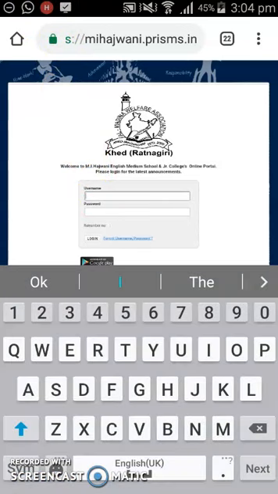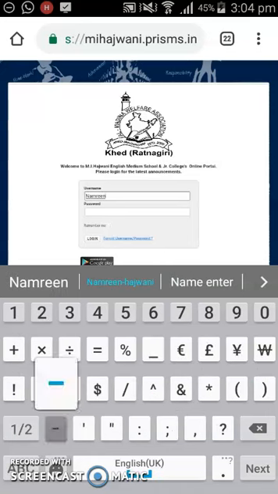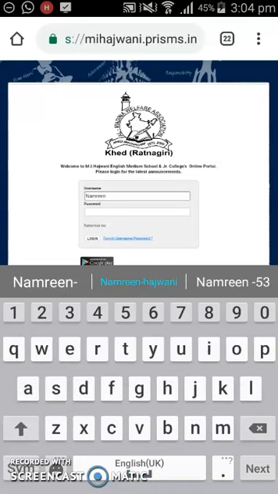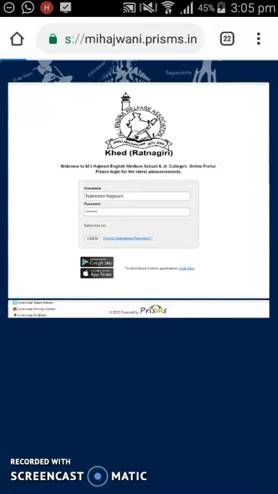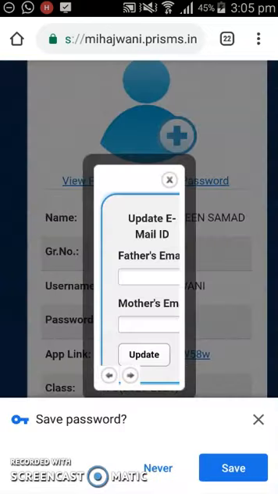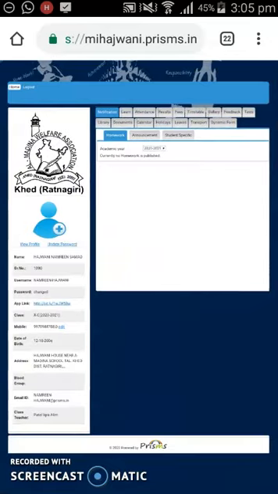Use the same credentials as you have used for the app, and log in. In this manner, you will be able to log in on the web also.